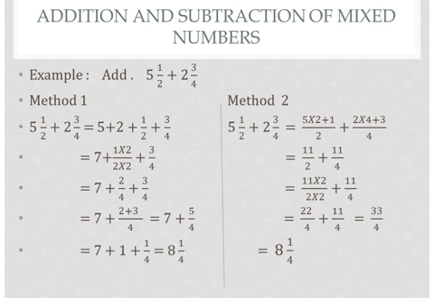Now here also 2 and 4 are the denominators, so we convert the denominators into equivalents by the LCM method. Again 11 multiplied by 2 upon 2 multiplied by 2 plus 11/4. Now 11 2s are 22 and 2 2s are 4, plus 11/4. Now add 22 plus 11 is equal to 33, and you write the denominator only one time. So 33/4. Again you convert that improper fraction into a mixed number and write 8 1/4.